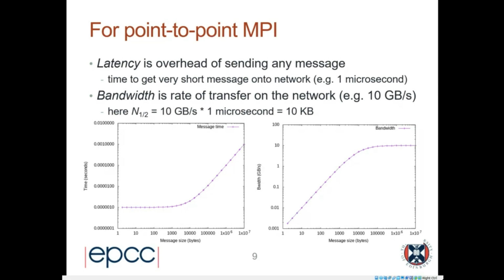The bandwidth, so that's the walking to the garage. That's how long does it take to do anything. The bandwidth is the rate of transfer on the network, which might be of the order of tens of gigabytes per second. So with these parameters, n.5 is 10 kilobytes. That's saying that for these parameters, and these are typical, but we'll see what they are on ARCHER2, messages less than 10 kilobytes are small. They're dominated by the latency. They'll take of order a microsecond. Messages much larger than 10 kilobytes are dominated by the